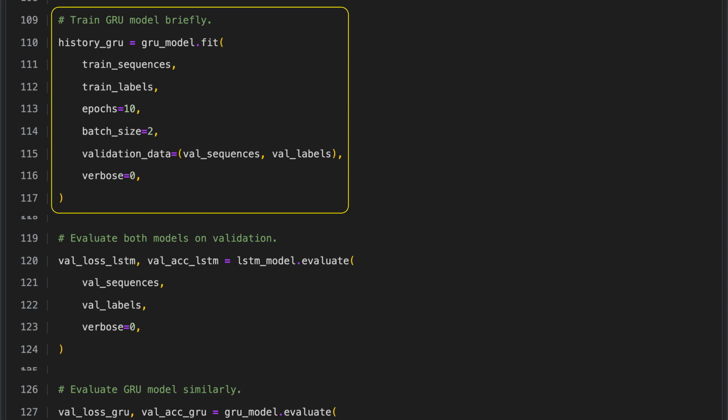We train the GRU model using a fitting procedure that takes training sequences and their labels as input. The model runs for 10 epochs, meaning it passes over the entire training set 10 times and uses a batch size of 2, so it updates its weights after every 2 samples. We also supply separate validation sequences and labels to track how well the model performs on unseen data during training. The training is run in silent mode with no progress messages, allowing us to quickly train the GRU model and